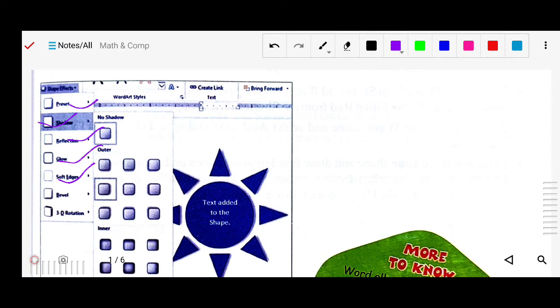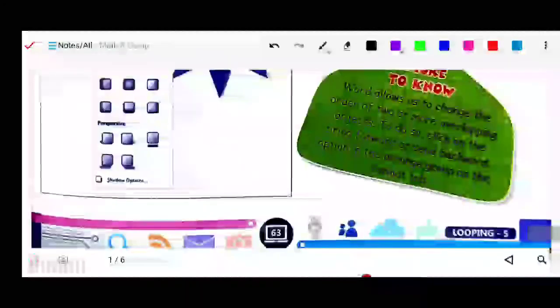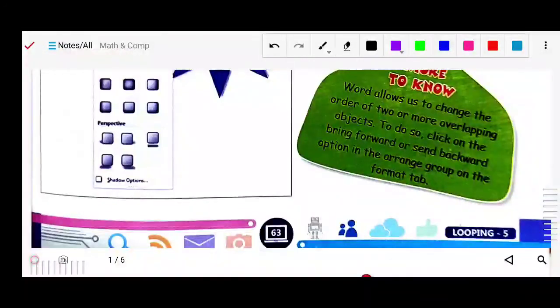So that is all you can do under the Format tab. First of all, you have to draw the shape. After drawing your shape, you can format it, which means you can do something with that shape. Now next, here you can see what allows us to change